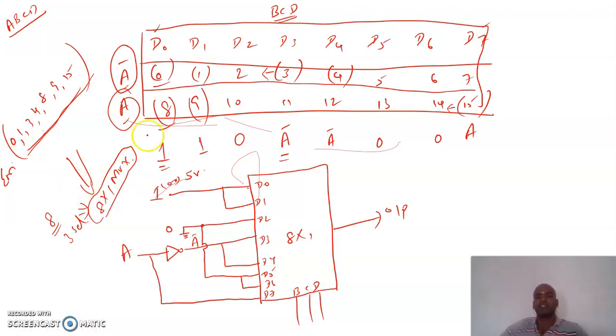So for that we are going for the merging operation. Okay, so for that we need to first construct the table. We are in need of an 8x1 mux only, so 8 inputs only we are needing. So I am going to write D0 to D7. Okay, after writing D0 to D7, we need to write all the possible minterms. That is a 4-bit representation, we can write from 0 to 15. So write in the proper order. First start from 0, 1, 2, 3 in the first row. Then start from the second row, the continuation of the first row, that is 8, 9, 10, 11, 12, 13, 14 and 15. Okay, now according to the given values, just mark the values in the table.